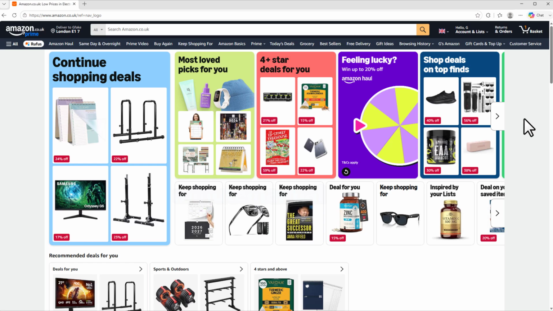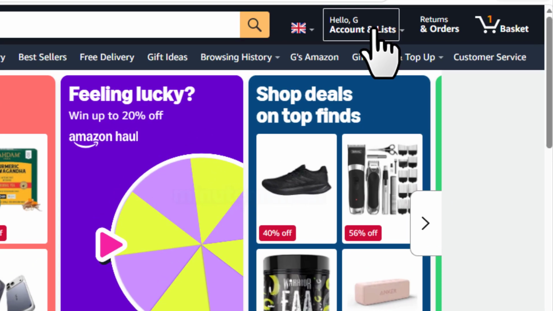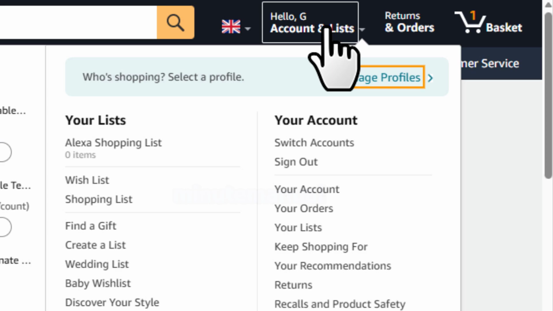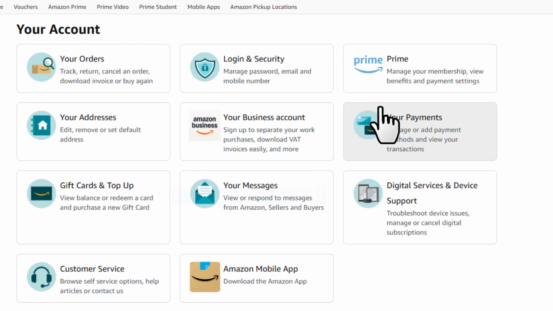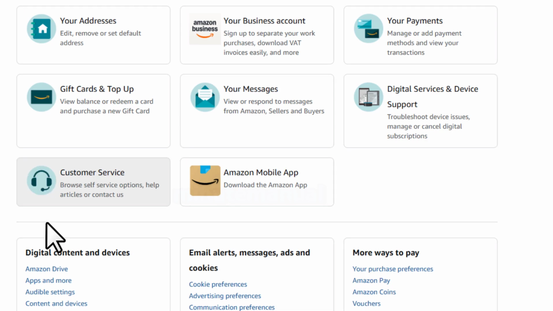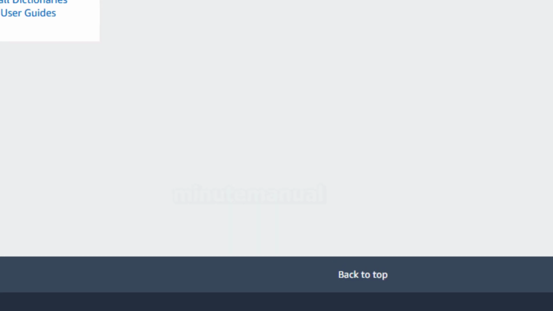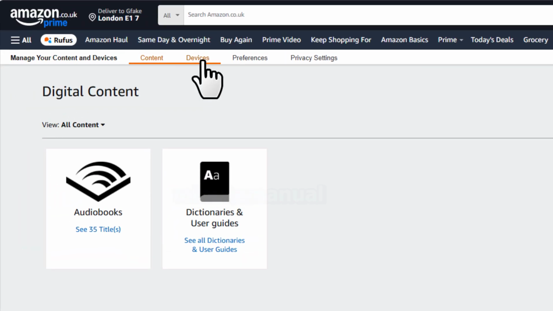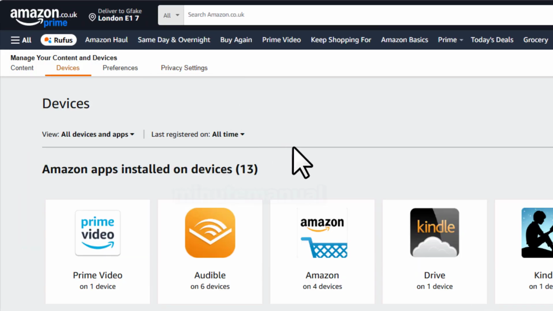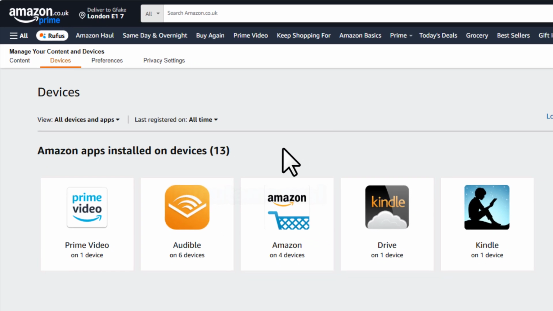So hover over your name to the top right of the Amazon homepage and then click on your account. From here, scroll down until you find Content and Devices. Now click on Devices in the top tab, and you will then see all of the services that you use